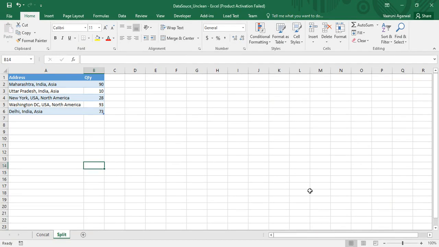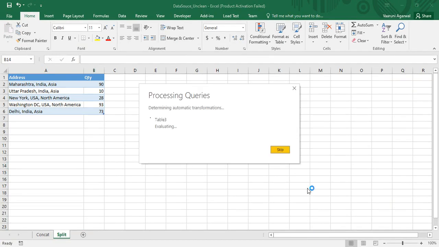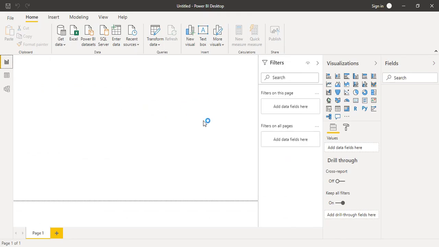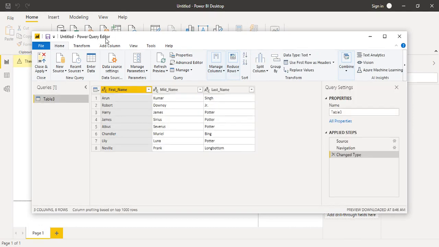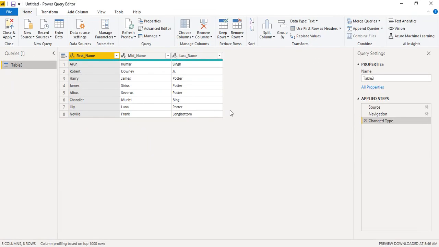So if we just click on it, it may take a second or a few for processing the queries, and after this you will see something known as the Power Query Editor. Now this was the Power Query Editor that we were talking about earlier on. Okay, so Power Query Editor provides you a GUI interface which is similar to any Excel or Power BI software itself, and you can do any kind of transformations on your data with the help of this Power Query Editor.